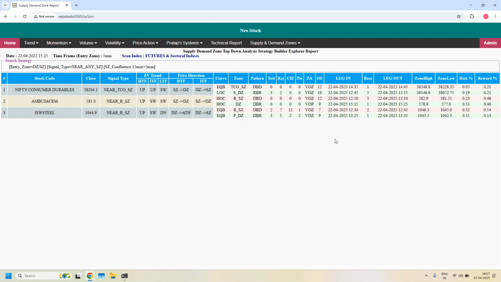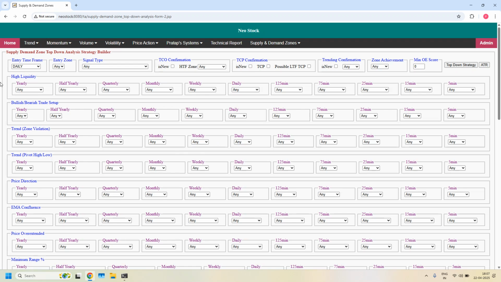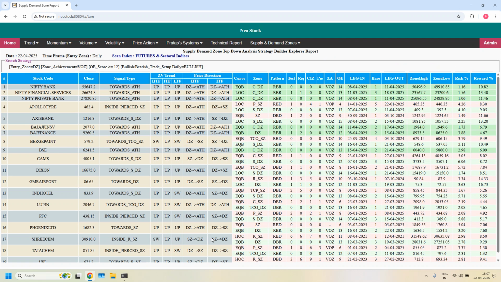Next, we will look into bullish and bearish trade setups for monthly, weekly, daily and hourly income trades. Starting with the monthly income trade bullish trade setup, entry time frame daily, entries on demand zone. Bullish or bearish at daily time frame, I am selecting bullish. Zone achievement, violated opposing zone, minimum odd enhancer score should be 12. With these filters, we got